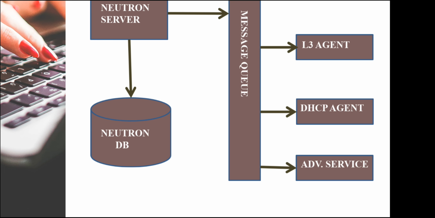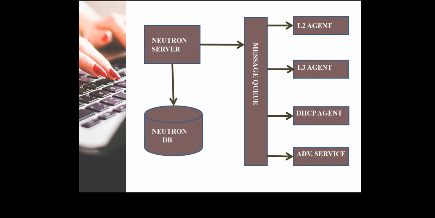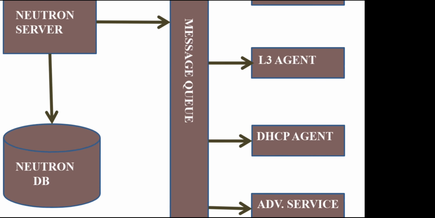Apart from this, we also have many services. It is not only forwarding and replying; there can be a loss of packets, or there can be a crash. All these things need to be handled, right? So for that, we again have different components. Together we have this architecture. So this is all about Neutron.